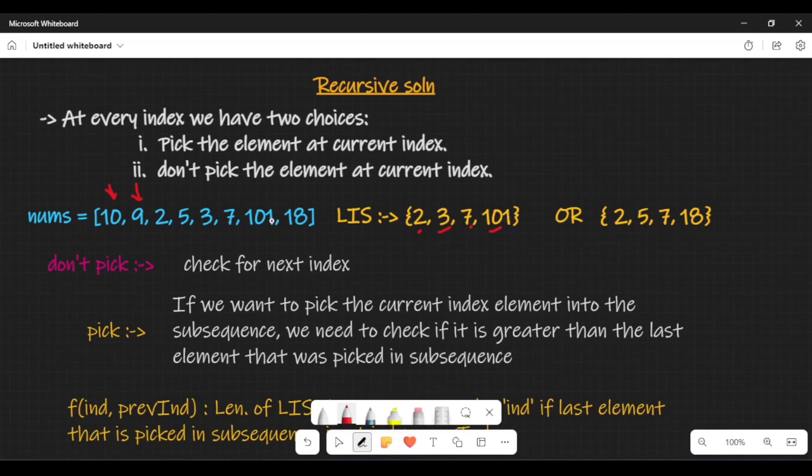Let's understand this. So I will not pick this 10. I will not pick this 9. I will pick this 2. I will not pick this 5. I will pick this 3. I will pick this 7. I will pick 101 and I will not pick 100. Sorry, I will not pick 18. Okay, so in this way I just discarded all other elements and picked 2, 3, 7, 101 to form this